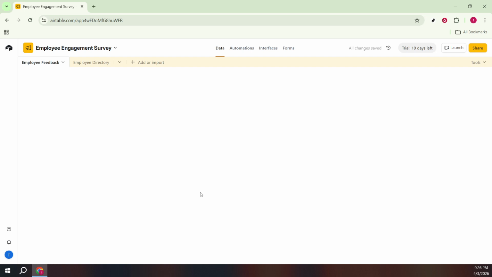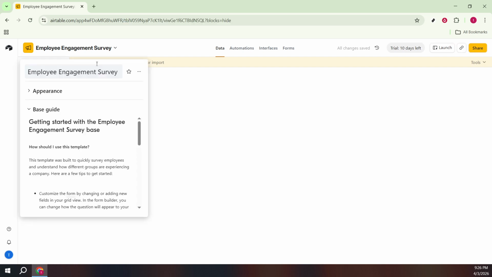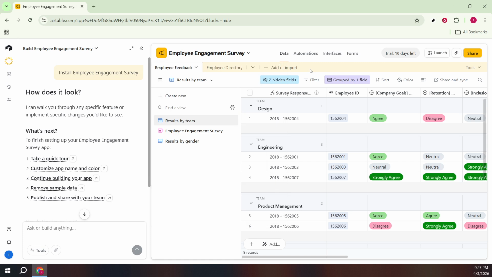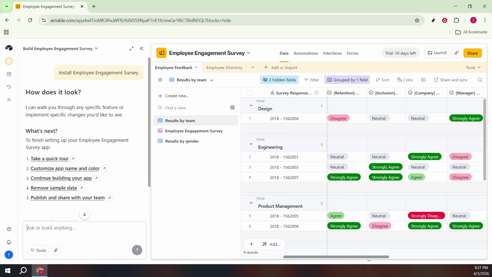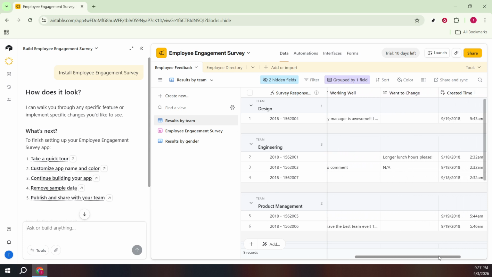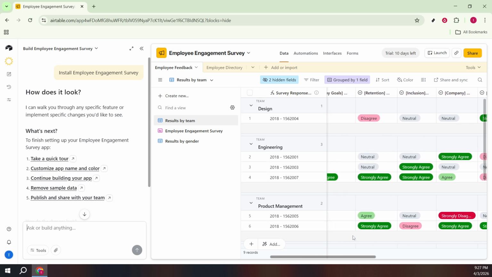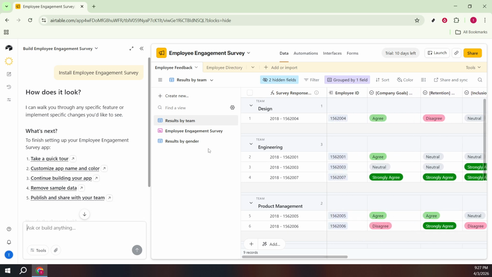Here you can preview what's included: typical fields for questions and responses, example views like a form view for collecting answers and a grid view for analysis, and sometimes automations or apps that enhance reporting. Skim the descriptions so you know how the template is structured and what you might customize later, such as question types, single select options, or response tagging. When you're confident it fits, click